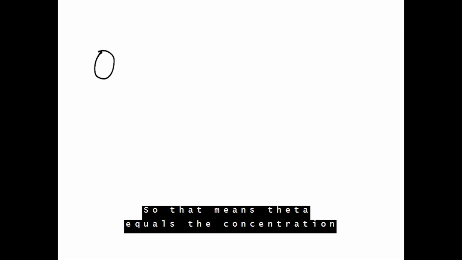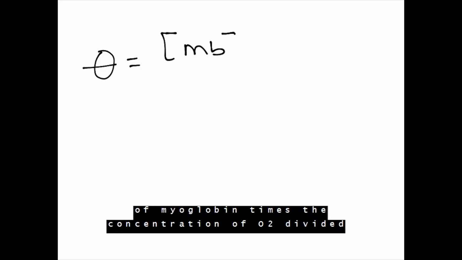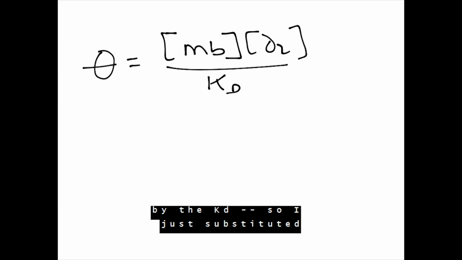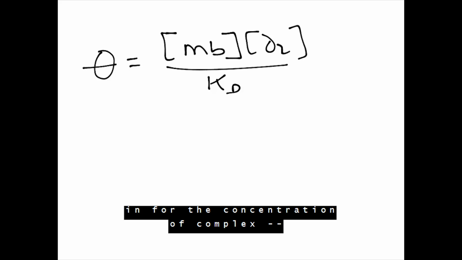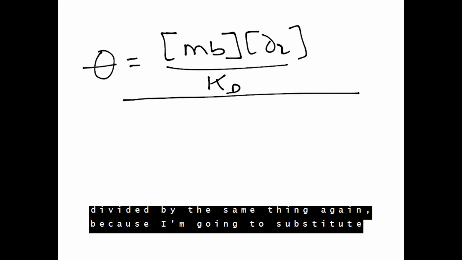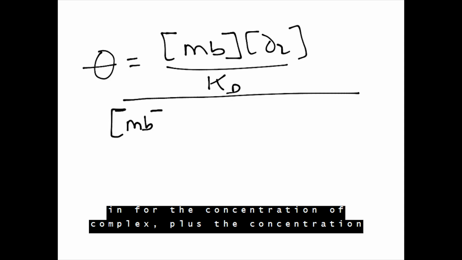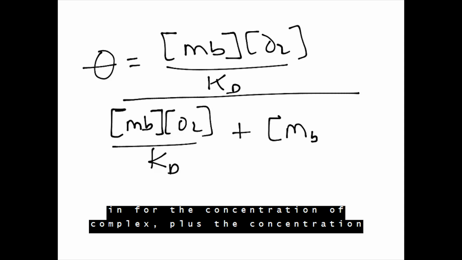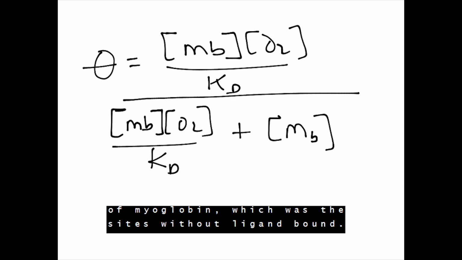So theta equals the concentration of myoglobin times the concentration of O2 divided by the KD, so I just substituted in for the concentration of complex, divided by the same thing again, because I'm going to substitute in for the concentration of complex, plus the concentration of myoglobin,